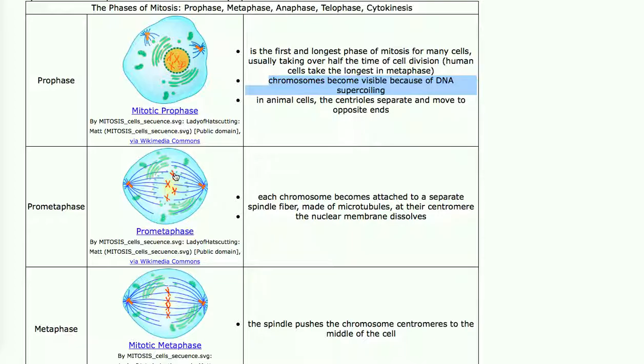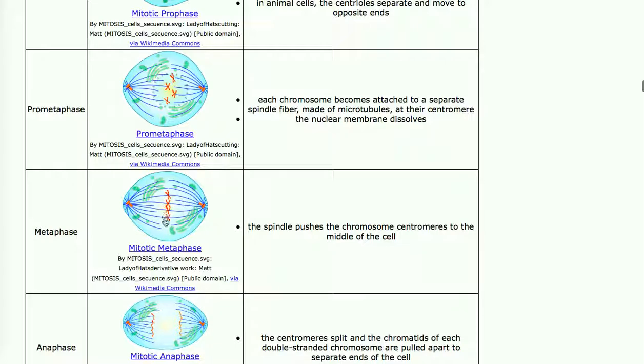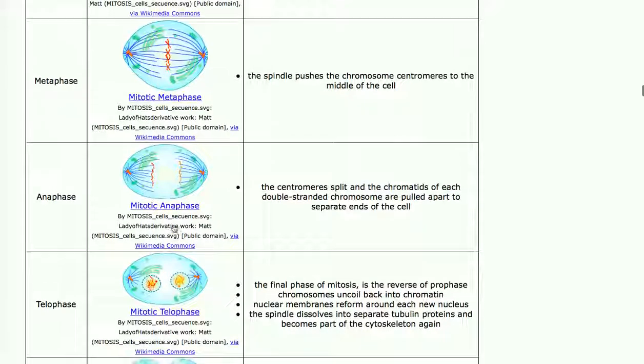The next phase is called metaphase, where the chromosomes line up right down the center of the cell, but not single file; it's three-dimensional. They line up on a dinner plate surface, on a circular region in the middle of the cell. The reason is the spindles push the chromosomes there using their centromeres. For a human cell, that takes a long time. And then there's anaphase, where